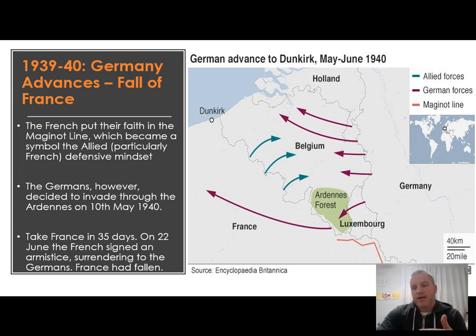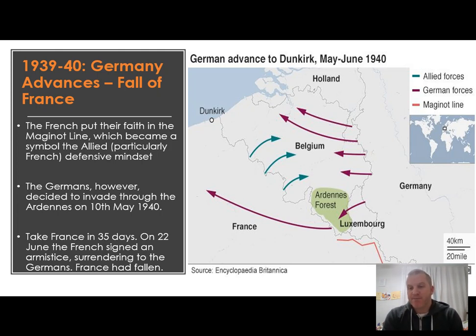But Hitler, there's kind of a story behind this, but kind of by accident, they have to change their plans because their original plans get caught by the Allies, and so they're like, "Oh, the Allies know our plan now. Why don't we come up with something different?" And so they come up with this new plan to go through the Ardennes forest, which the French didn't think anyone could actually get through. But they go in a new way and they just punch their way behind the French, who are on the front line, and they delve deeply into France, and it takes them 35 days,